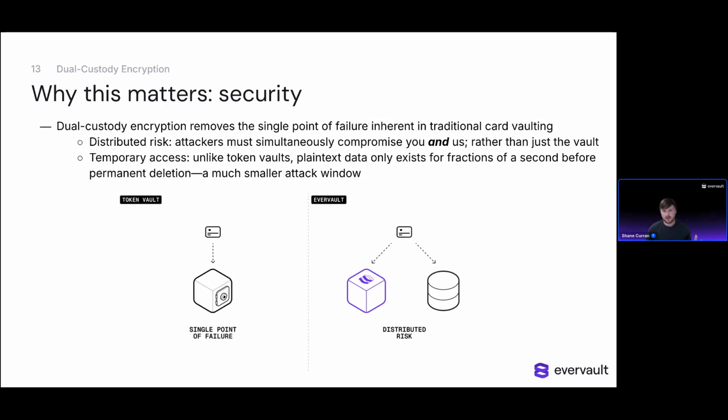But dual custody encryption, in the same way that it improves performance and availability because of not having a single point of failure, it also helps a lot with security for the exact same reason. So there's distributed risk where with a token vault, all you have to do is compromise the vault itself where all of the card data is stored. Whereas with dual custody encryption, because you're storing the encrypted data and the dual custody encryption provider is only storing encryption keys, for data to be breached, both the tokenization or encryption provider as well as the customer that's storing the card data need to be breached simultaneously for data to be